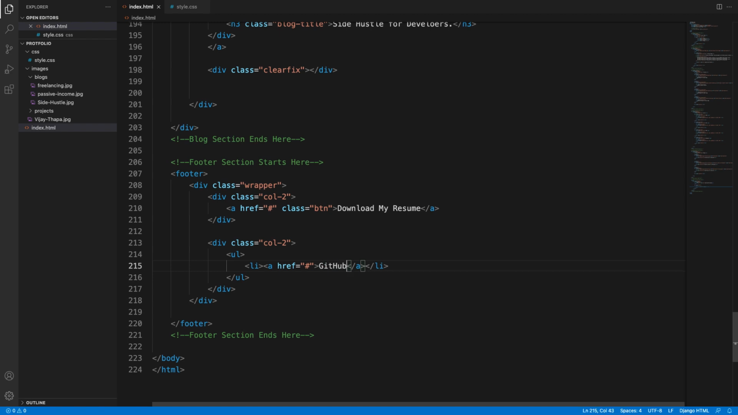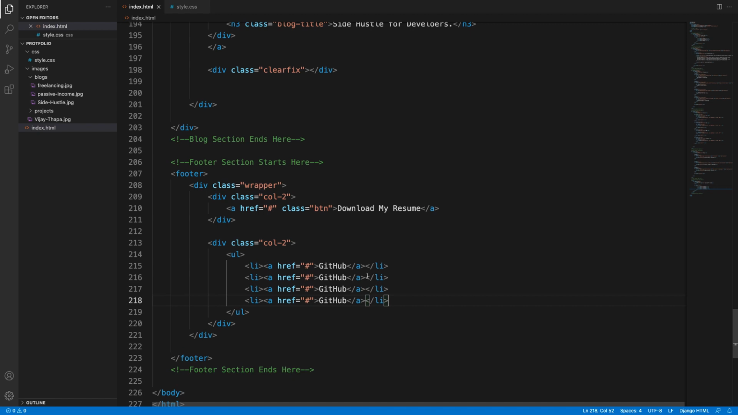GitHub. If you are a developer, then you should know GitHub, and I will only give important major social media links. So first one GitHub, second one will be LinkedIn, and third one will be dev.to, and fourth one will be Medium, medium.com. Okay, so these are the 4 major social media